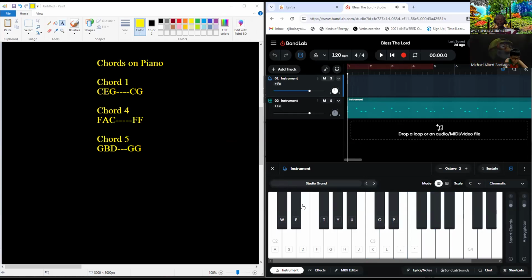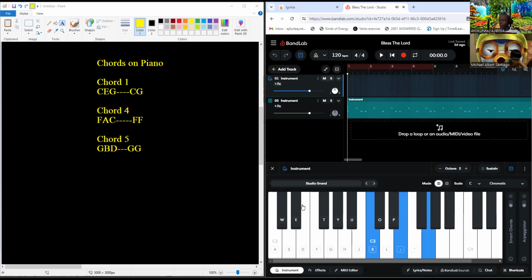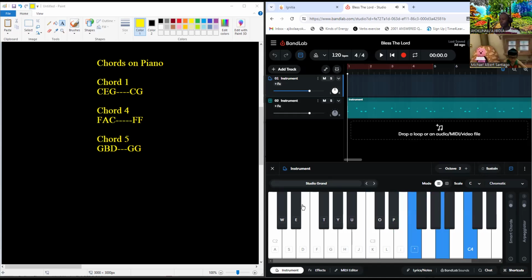Now, try to play those 3 notes for chord 1, chord 4, and chord 5. You can play with your right hand, you can play with your left hand, but when it's time to play the song itself, you play the chords with your left hand, then the notes of the song on your right hand. Is that clear? Yes. Now try to play this. And if I want to use beat now,